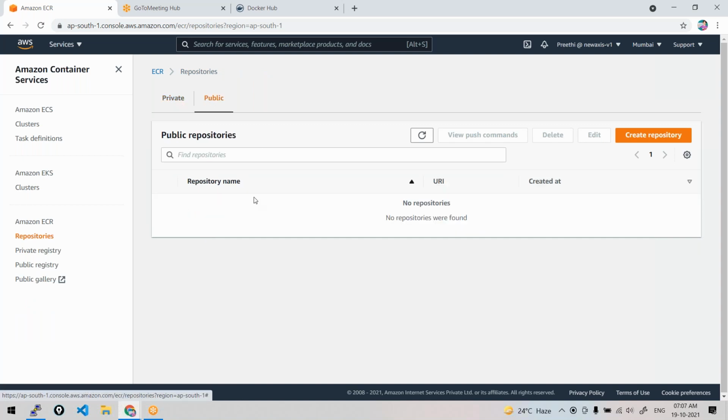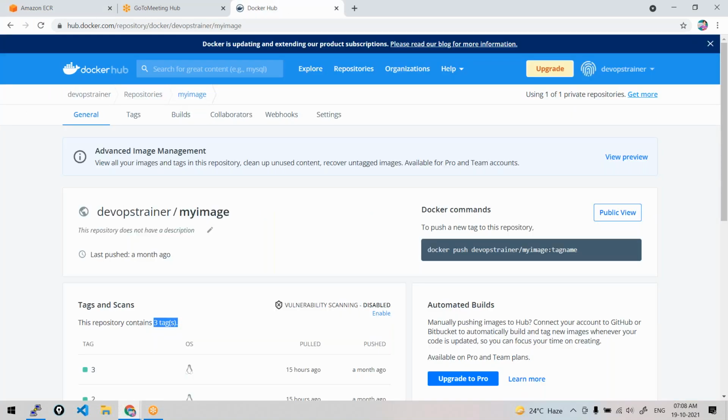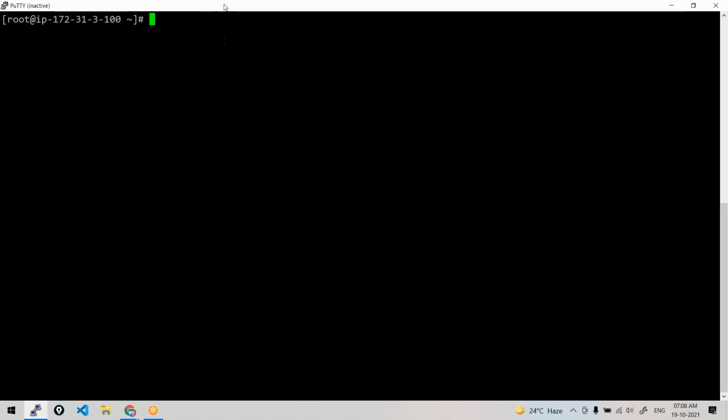Similarly, you could also have created a public repository. Anyway, I have created a private repository because that is more helpful in real time. You create your images for your applications and store them on private repositories. So that's what I did. Now I want to push the image here. Generally, to push images to Docker Hub, either to private or public repositories, how did we do? If you recollect, first we have done docker login. Isn't it that you have to log into your Docker Hub?